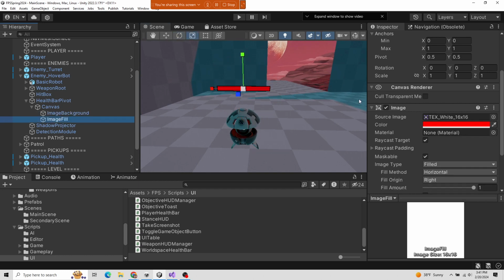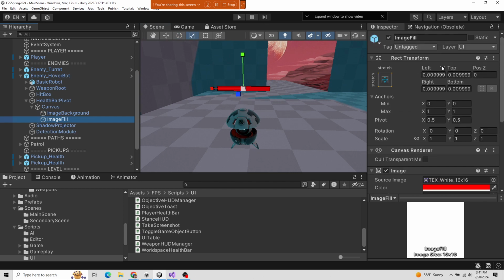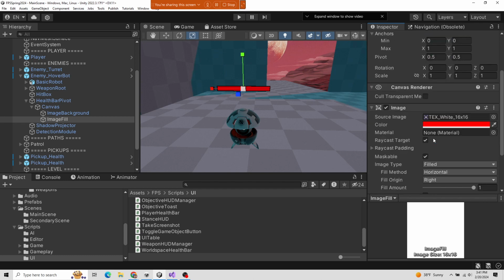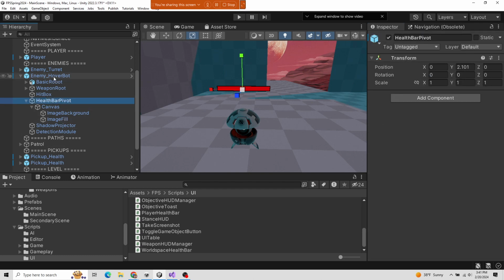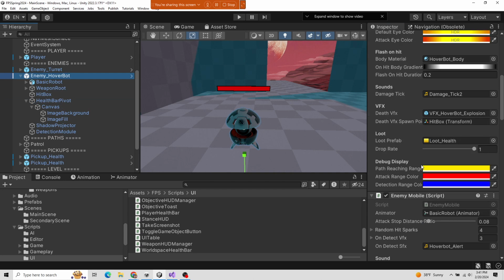So let me see how there must be stretching it. Oh yeah. So it looks like they're just messing with this number. So boom, boom, he's getting hit. They're just figuring out what numbers to move this on. So it's just set up nicely where we just have to mess around with one number. Cool. So if we go back to enemy hoverbot,